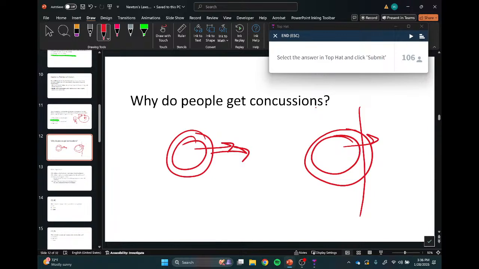Your brain is moving and then it stops because your head hit something. Otherwise, it would fly through your head, and that's a bigger problem. When you stop, your brain's got to stop, and so there's a limit to what you can experience. I asked Copilot today, and it said about 70 to 120 Gs. If you're curious what that means your brain can experience, let's just say something like this, give or take. Everyone's brain is different, so complex. This is the acceleration your brain can experience without suffering a concussion, roughly, according to, again, fact check me on this.